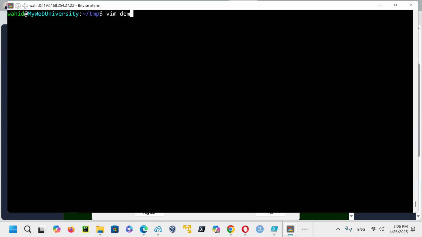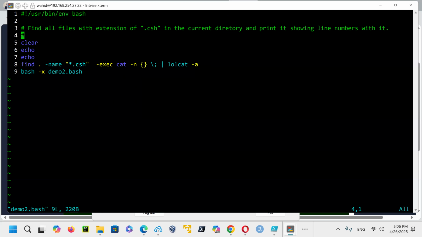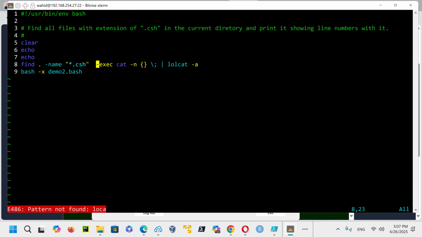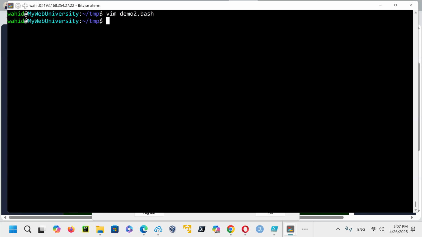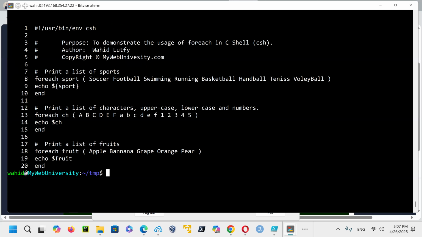So vim demo2.bash, I'm just going to not do the cat here and the cat here, because this is just supposed to generate output when we run it, right? So this is there, cat -n. Okay, so show me all the files with cat -n. And then you could say, don't invoke it from there, you could say ./demo2.bash, and that will just run the program there.